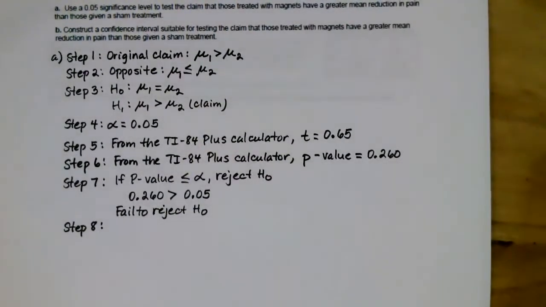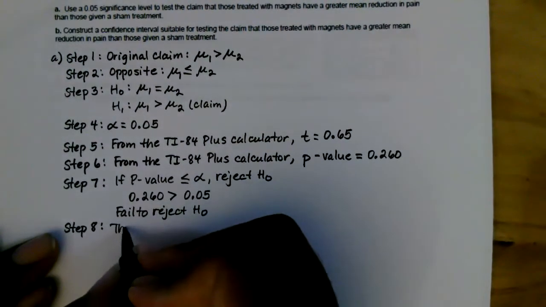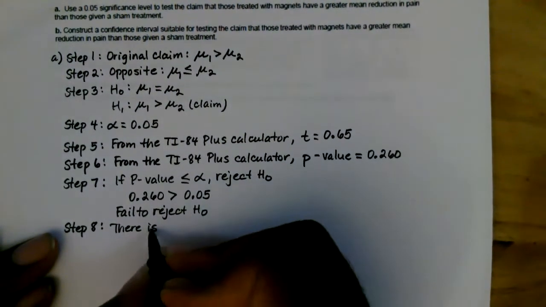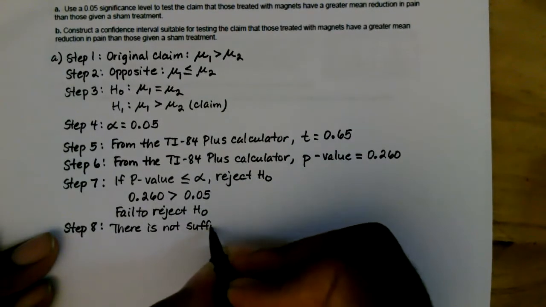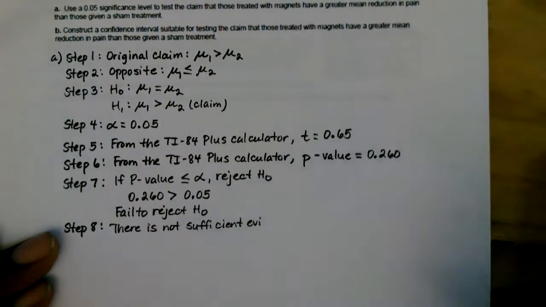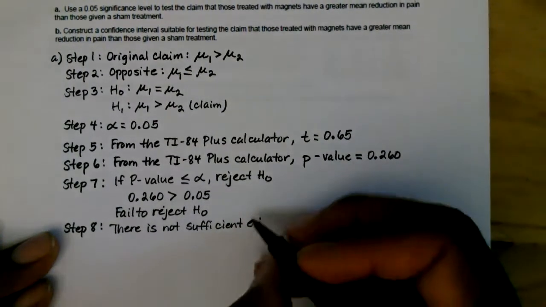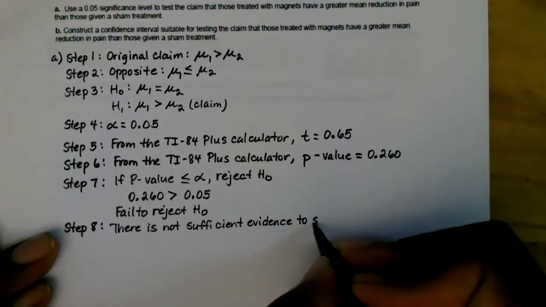Okay, so here we failed to reject the null hypothesis, and our claim was the alternative. That means that there's not going to be sufficient evidence to support the claim. So here in step number 8, we say that there is not sufficient evidence to support the claim